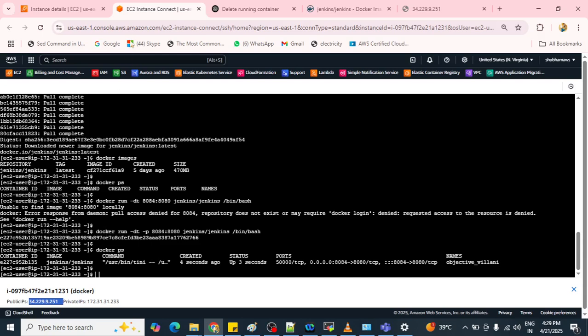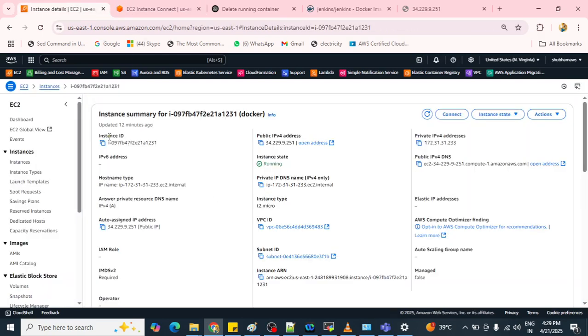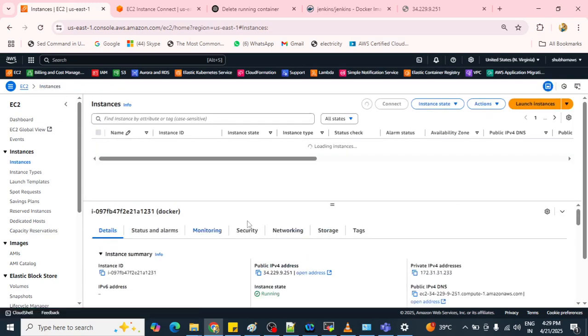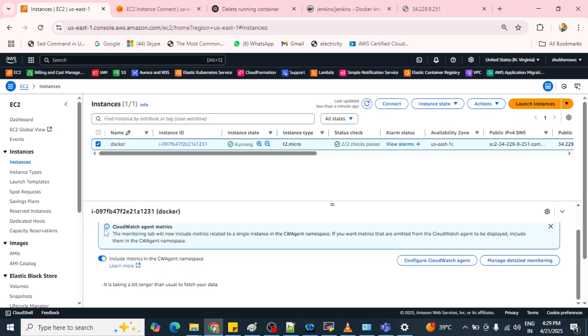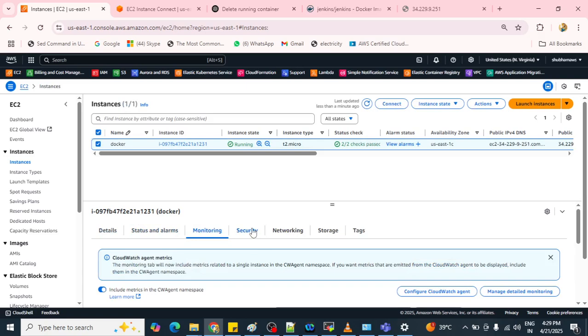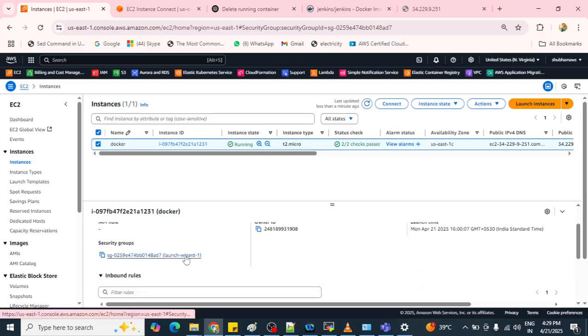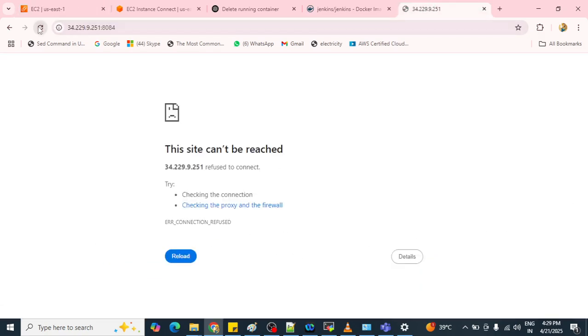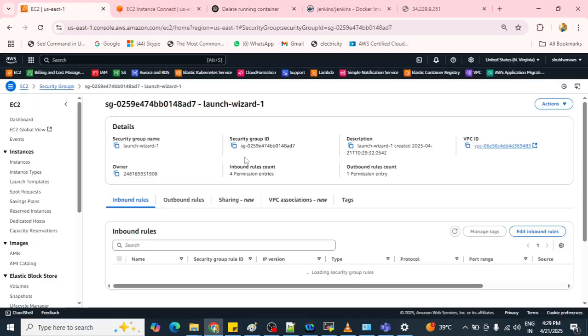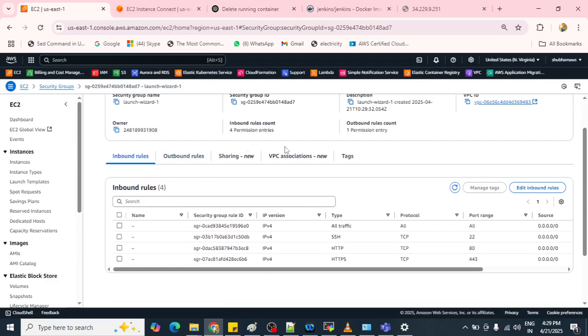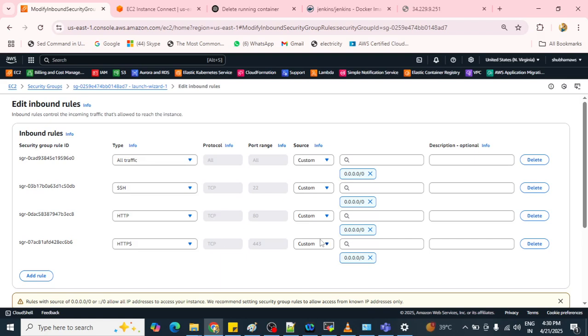Let's see the security group. Go to the security group and let's allow port 8084 here. In that security group, click here, inbound traffic, edit.